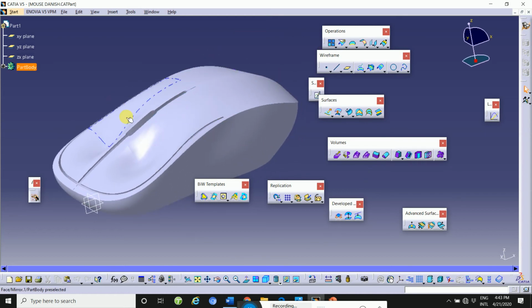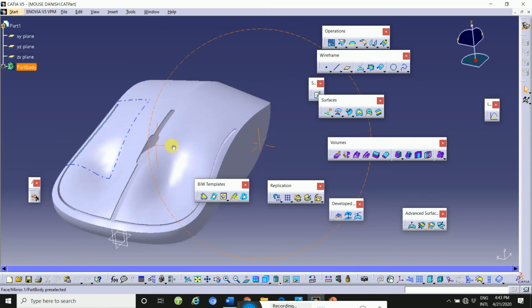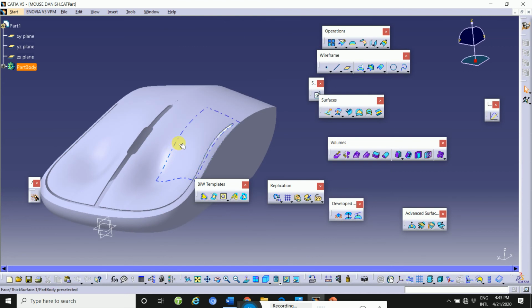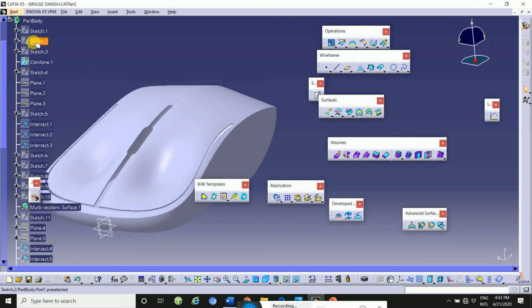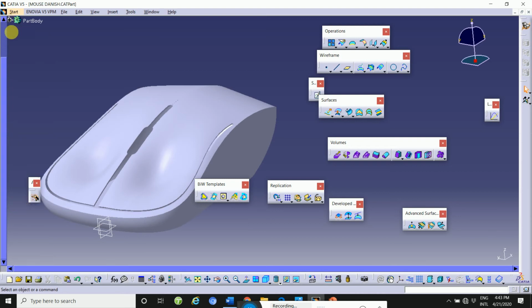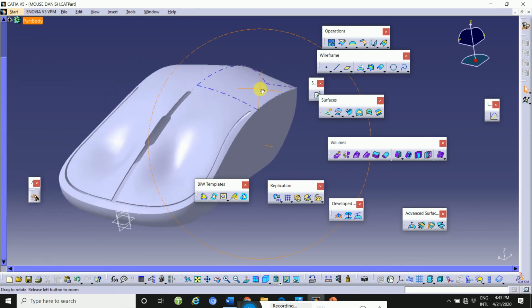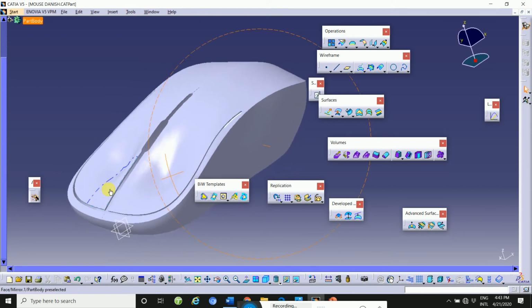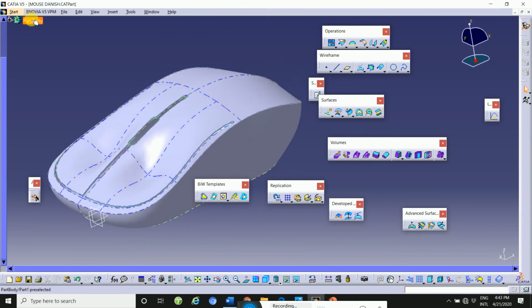So this is the mouse, with the help of a surface. I will explain it this way. This is the whole body. Now, how to apply a material, I will explain a little bit in this class. Click here, and then this is Apply Material. In the last tutorial I did not show how to apply it.